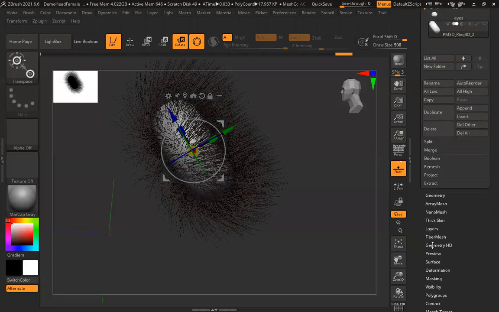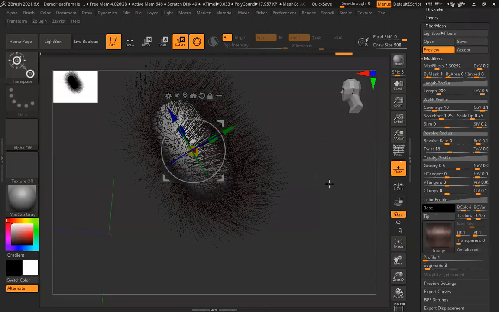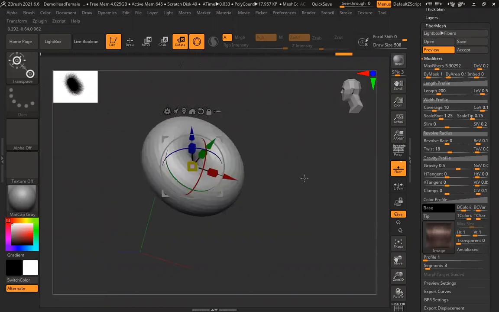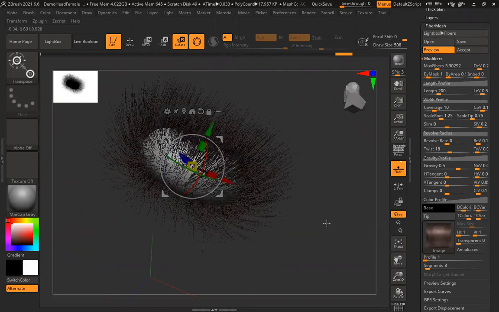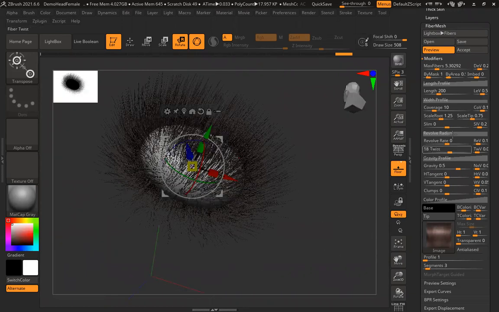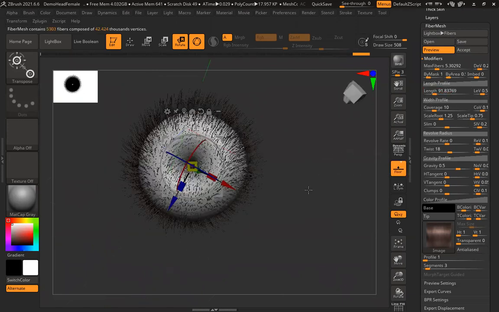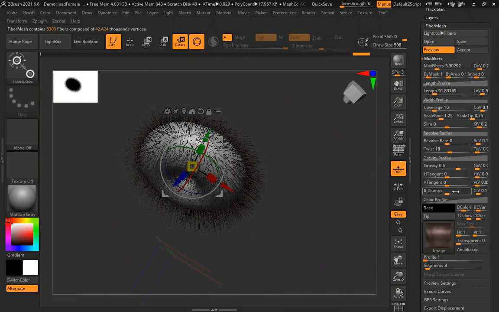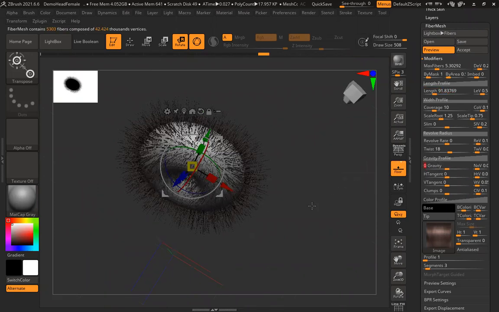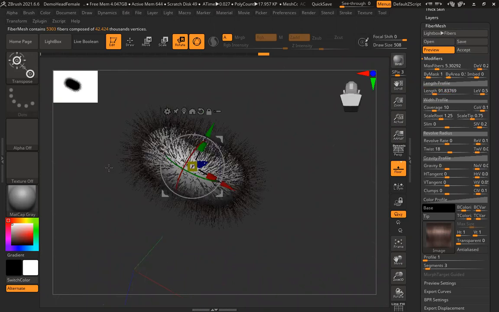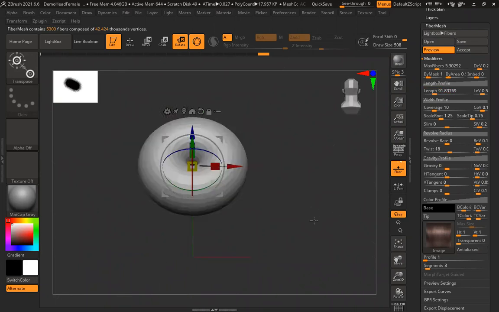And now fiber mesh, and I have to align with this shape. The length is too long, so I reduce the length. Again the direction. Okay, I can simply reduce the gravity, make it 0. Gravity is 0, so there's no gravity.